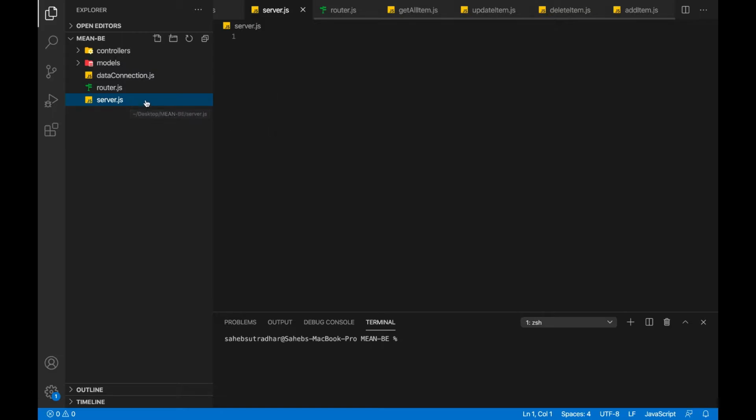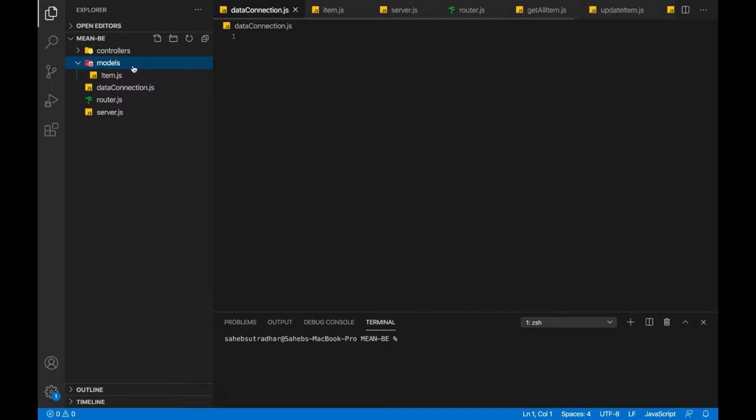And in the router.js, all the API routes will be there in this folder, and this data connection.js file will be having the code for database connectivity.